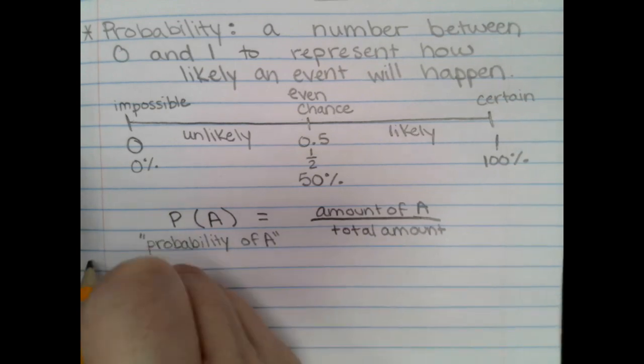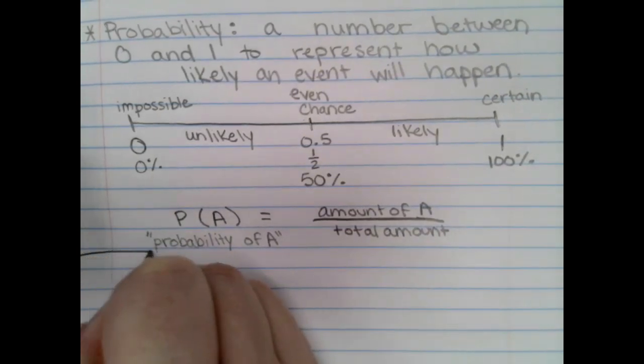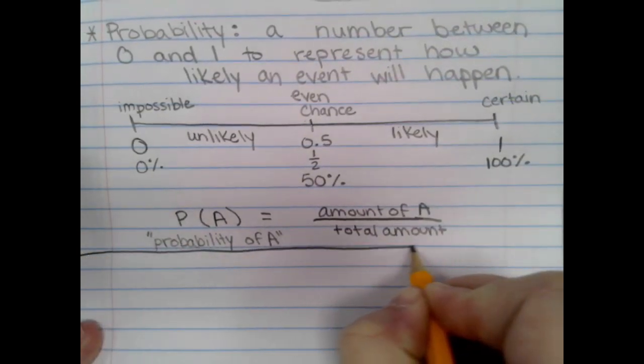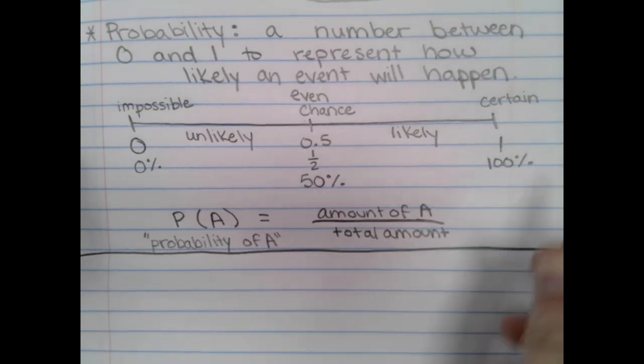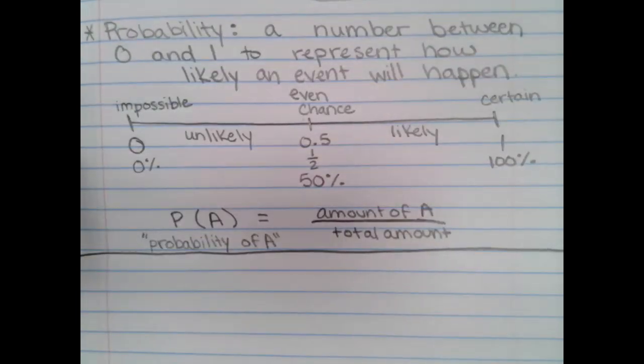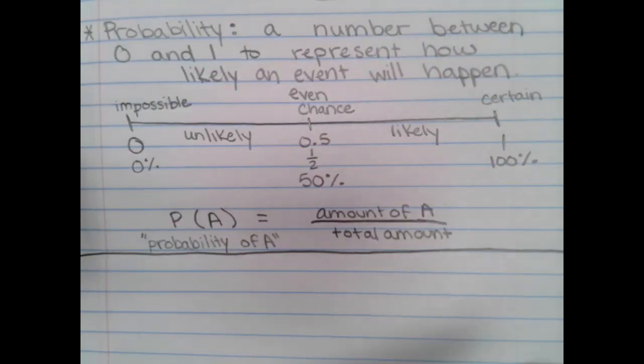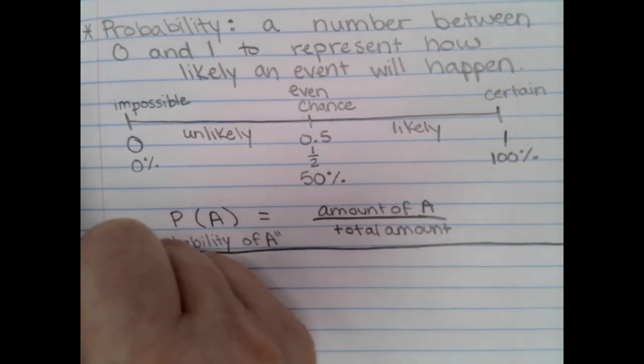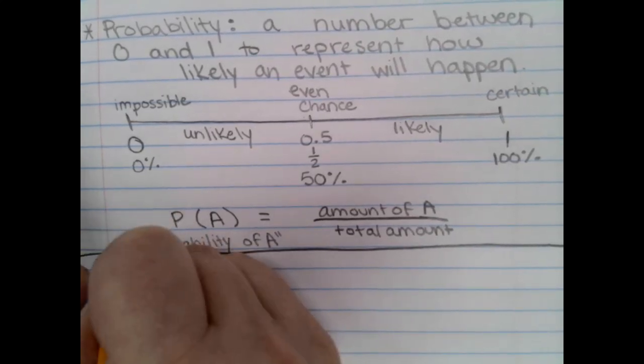All right, so we're going to do a couple examples here. I'm going to just draw a line across to show that this is now kind of the end of our information. This is where we're going to find those definitions. It's where we're going to find those examples of those. But now we're going to move on to an example, and our example is going to have to do with rolling a dice.